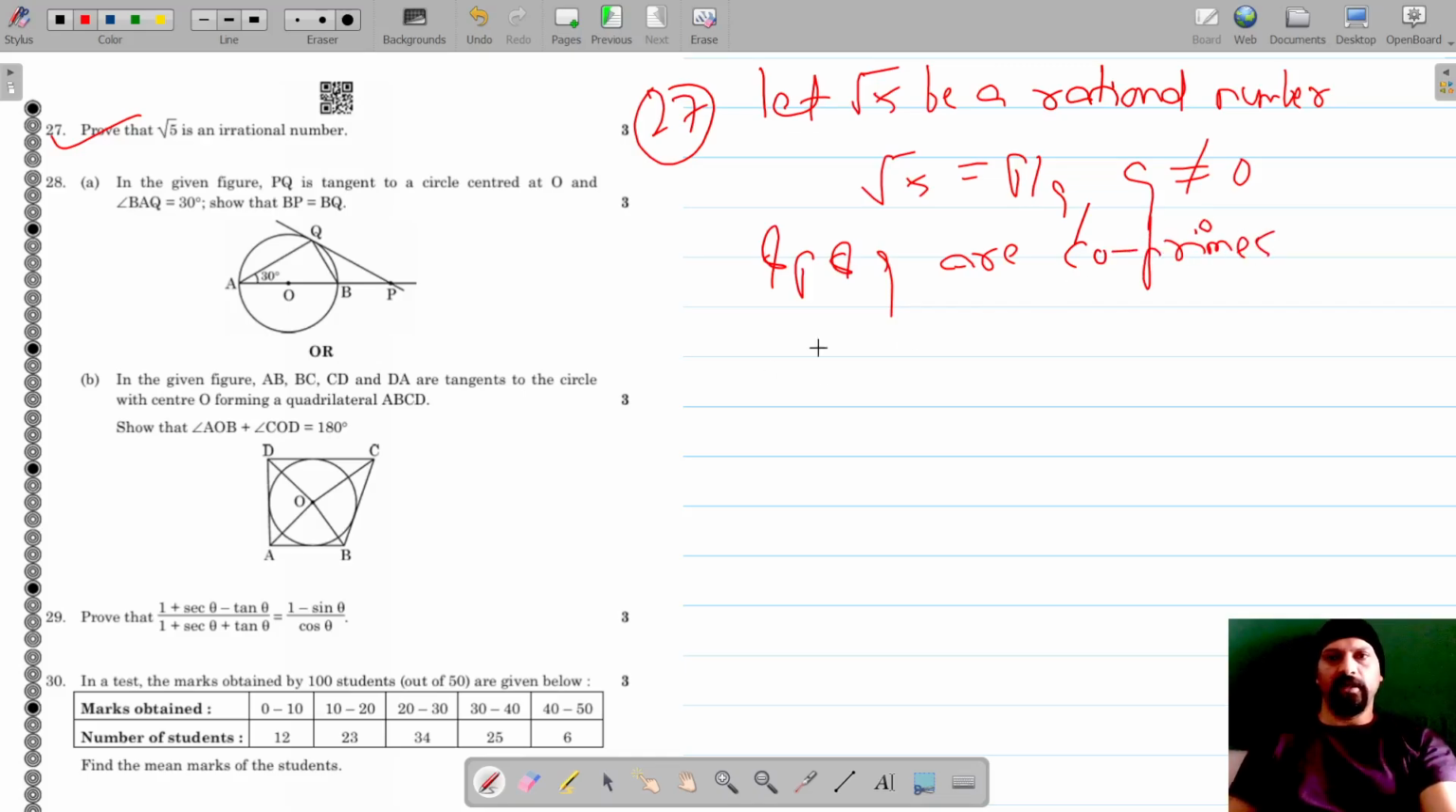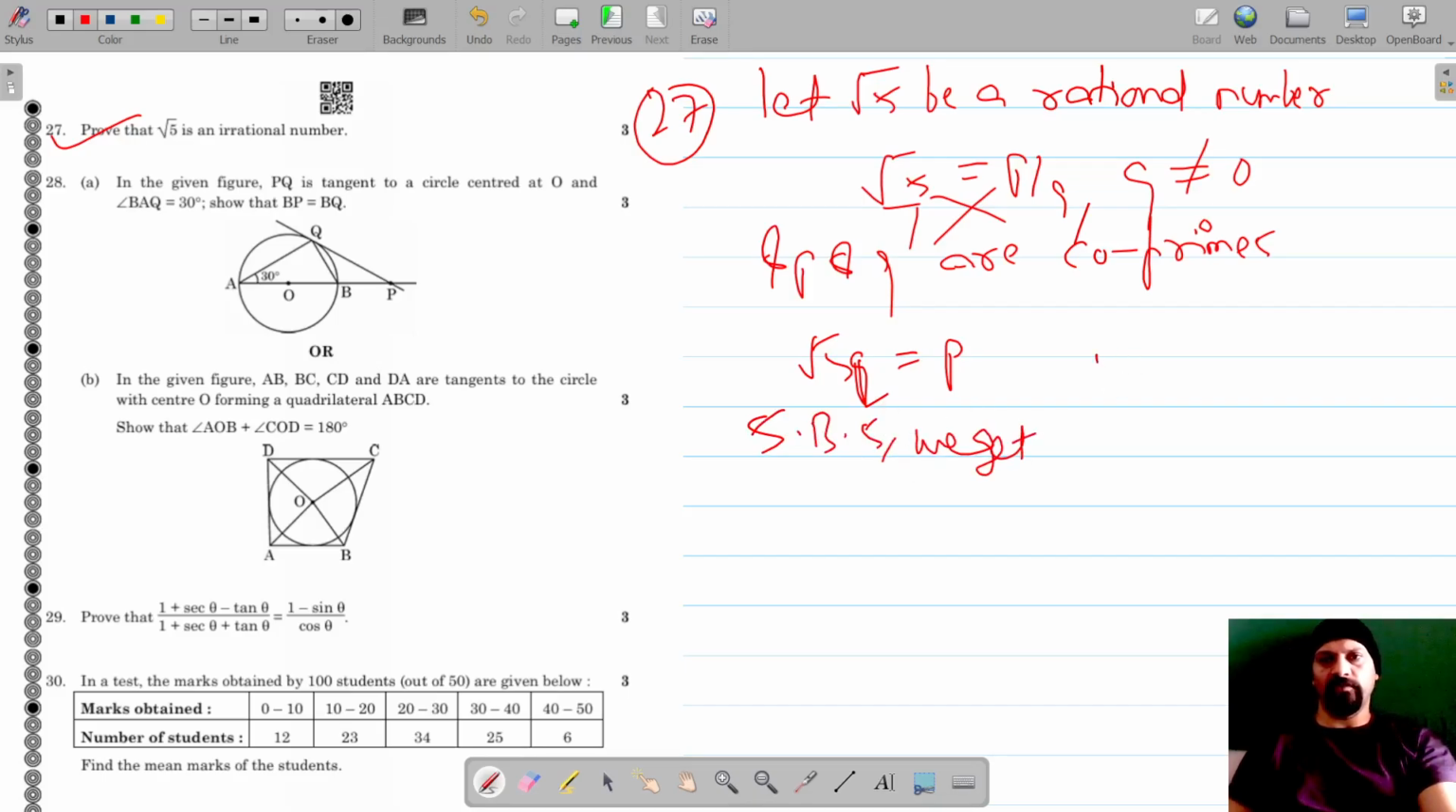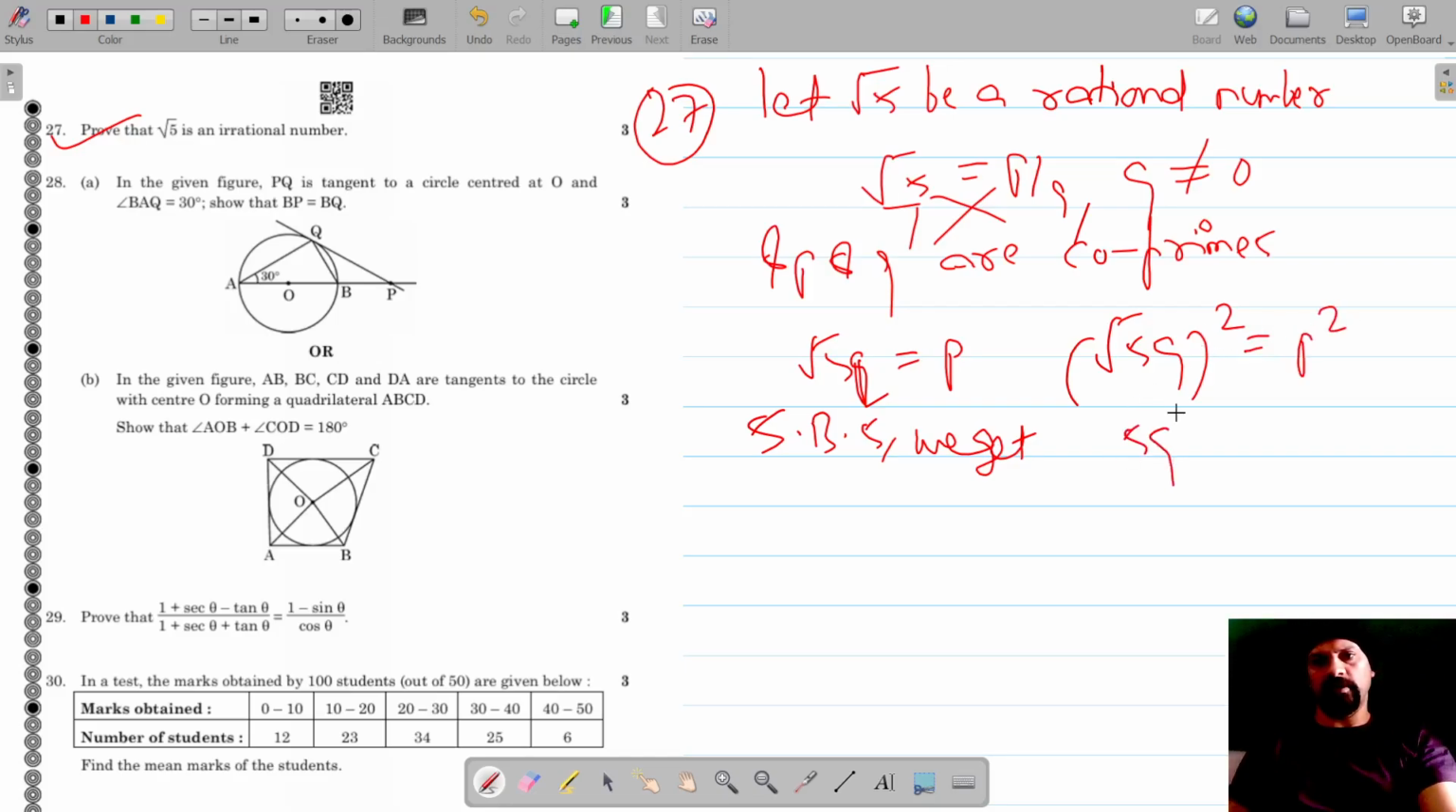co-primes. Now, let's cross multiply this: root 5 is equal to p by q, which gives us root 5 into q is equal to p. And if we square on both sides, we get root 5 q the whole square is equal to p square, which gives us 5q square is equal to p square. So 5q square is equal to p square, where q and p are